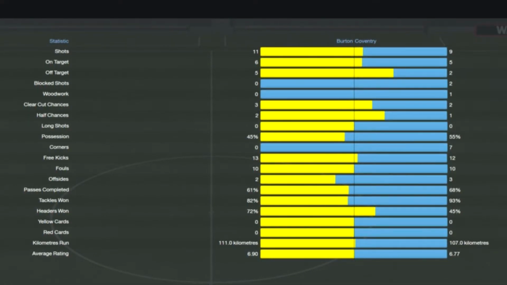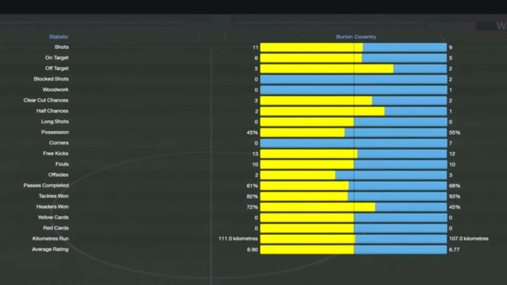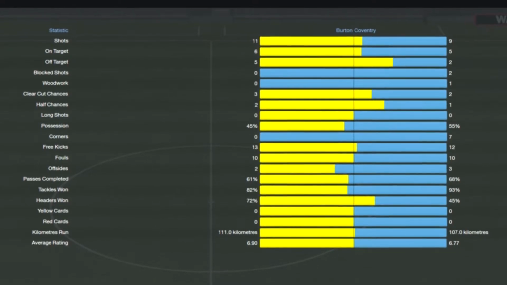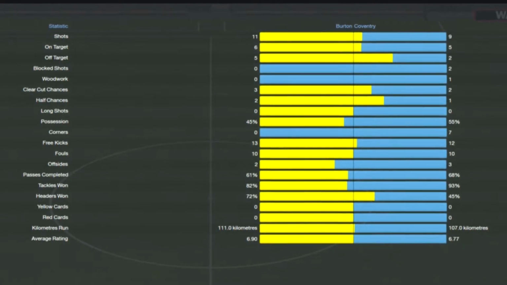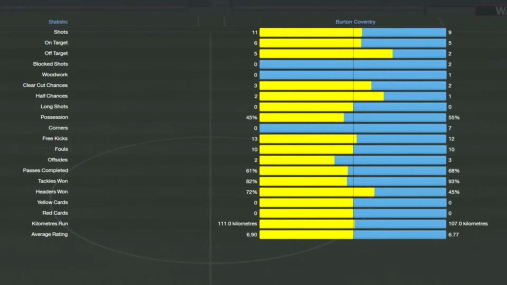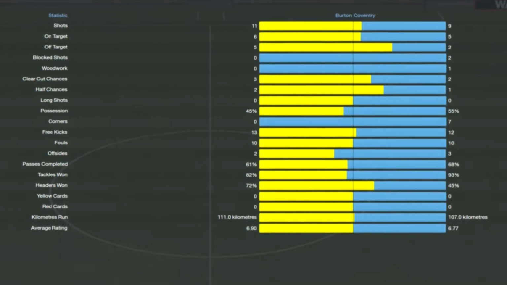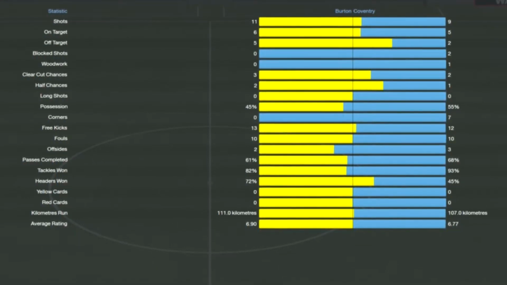Things like shots, as you can see, Burton nudging that one out off target as well. Coventry did a good job there of their 9 shots, only having 2 off target. Woodwork, that featured just the once with Coventry, and clear-cut chances, that's what matters. 3-2, Burton really butchering, well, a chance to win that match. Possession was 55-45 to Coventry,